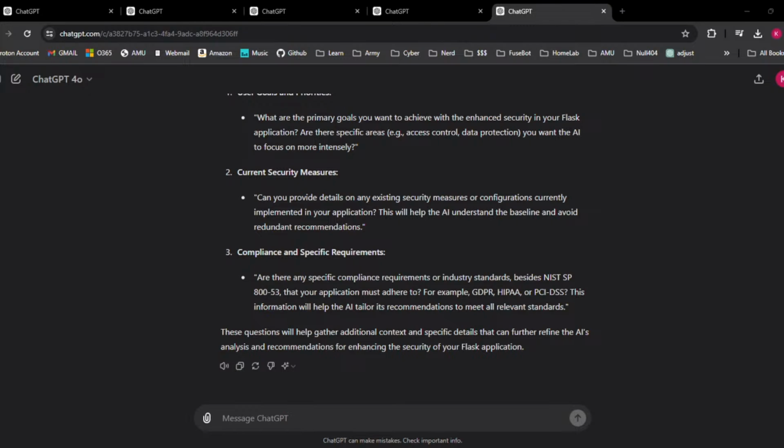And I guess the follow-up question after that is, have you come across a situation where you've been bumped down from, in this case, let's say 4.0 down to 3.5 because you've hit your daily limit or something like that? Yeah, I have, but I don't really notice a difference. It tells me I got knocked down, but it's still doing exactly what I want it to. I'm not asking it very difficult stuff either, right? It's like, what's the syntax for this method? And it's just like, here you go.